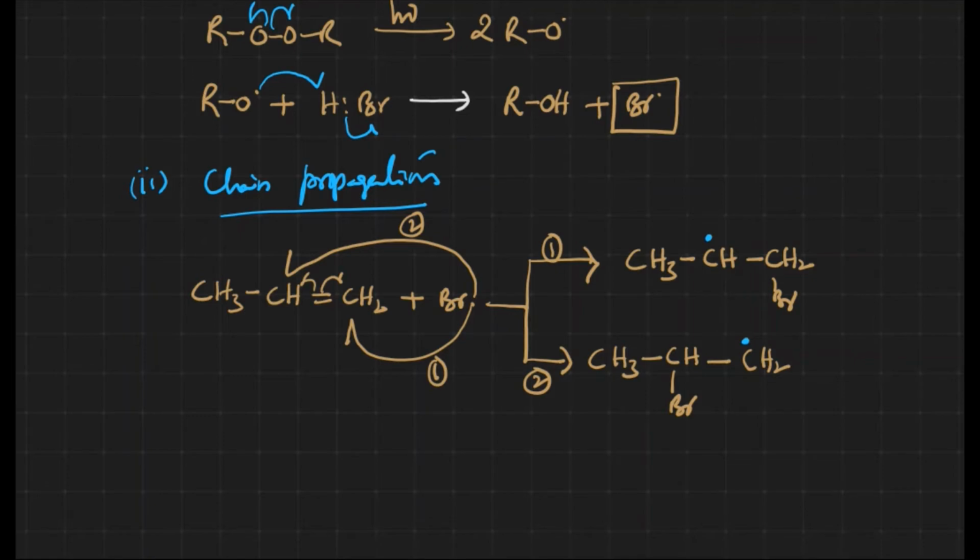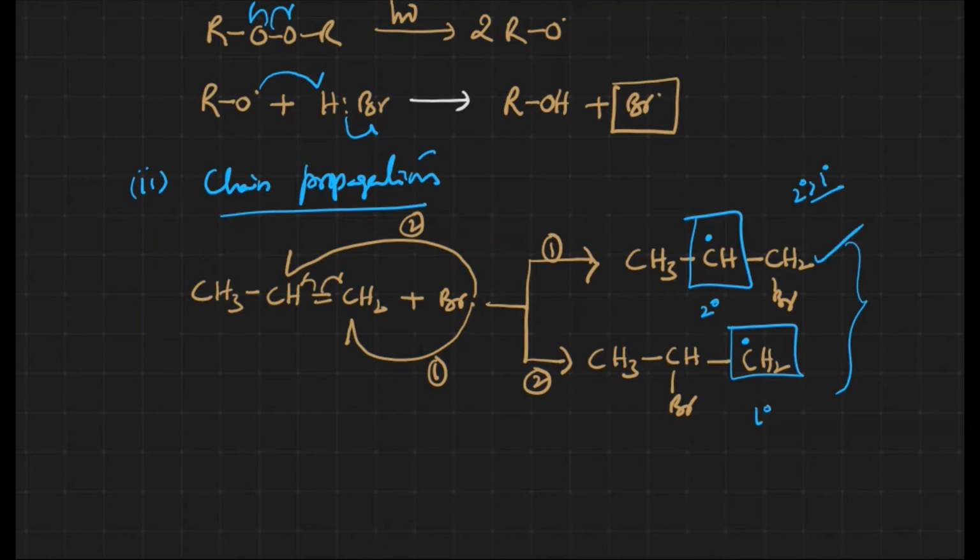Now the question is, what is the intermediate here? The intermediate is a carbon free radical. This is the carbon free radical and this is the carbon free radical, right? In organic reactions, if the stability of the intermediate increases, the rate of the reaction increases and the major product is going to be the product which comes through the stable intermediate, right? Now we have a primary free radical, we have a secondary free radical. Which free radical is more stable? Secondary free radical is more stable than the first one, right? That's why this is more stable.